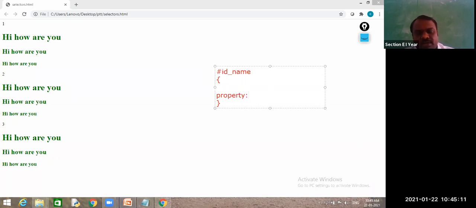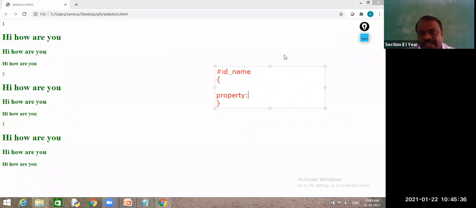When you write an ID, if you want to apply it for only one element, then you need to go for ID. See, a very simple example. In your class, I want to specify you all belong to CSE E section.